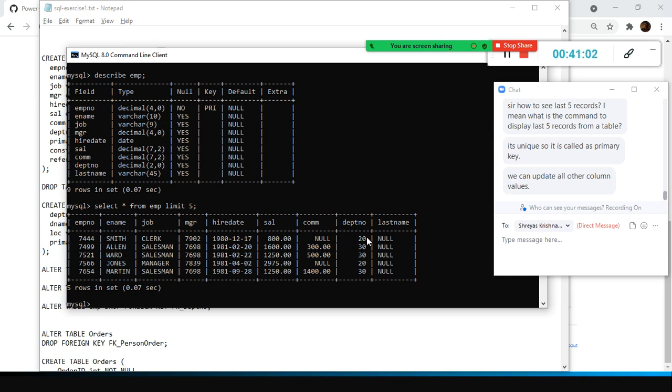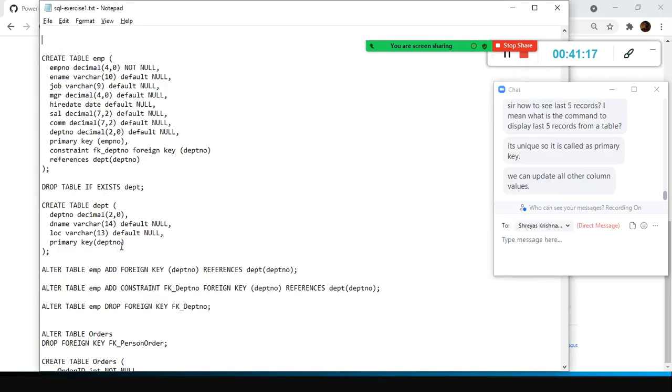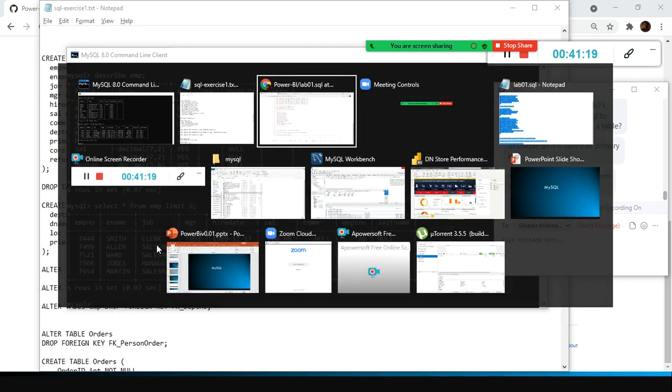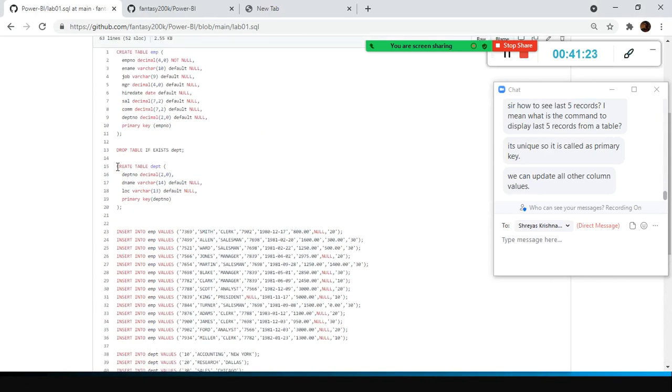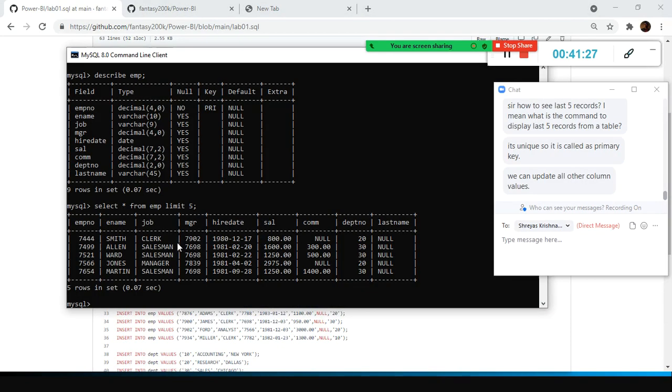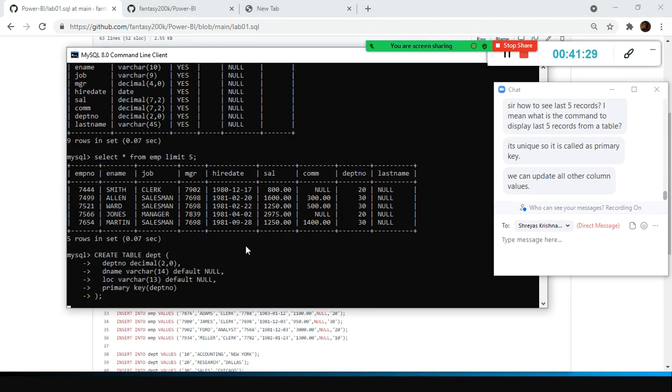So now if somebody asks you, Smith belongs to which department, can you say 20, 30? This is for our reference, we put it here, but you need to tell the department name, isn't it? So what I am going to do is create another table called department. It's already there in this script. Create table. Here also I am going to make the department number the primary key.